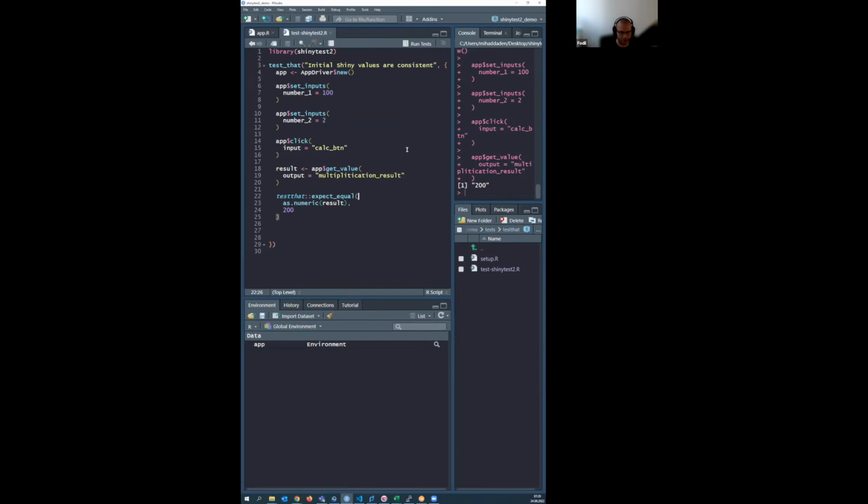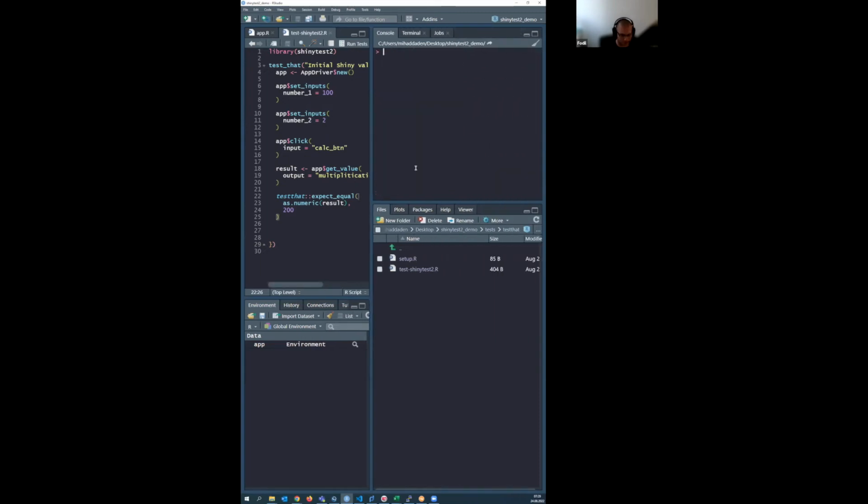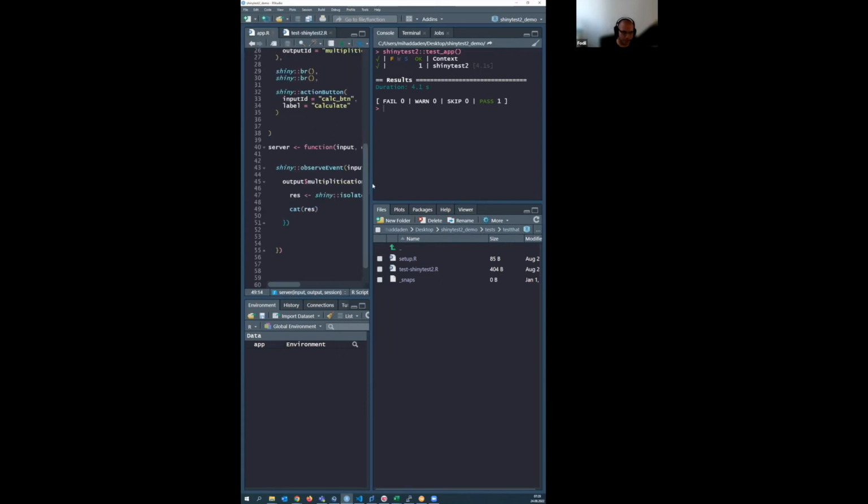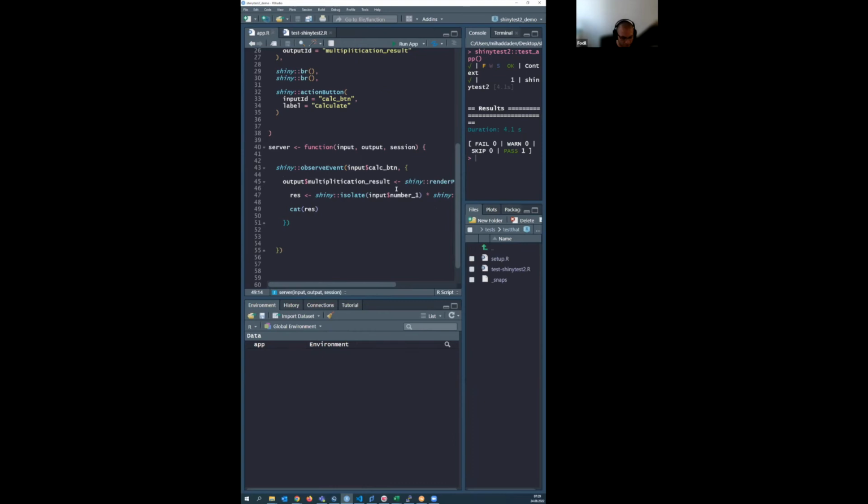I can just run my test. So if I want to run the test, I can just call shinytest2 run. I think it's test app. So I would just do test app. It will read this file or all the test files, and then the test passes. It's great. So I have an app, and I know what we are doing is super simple, but it works